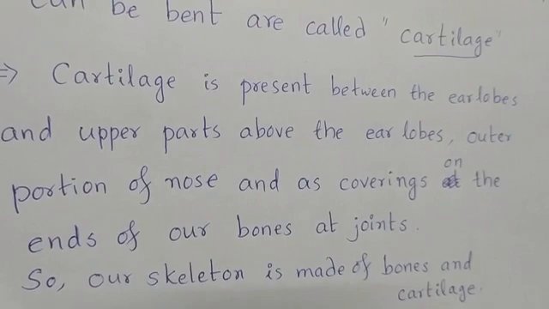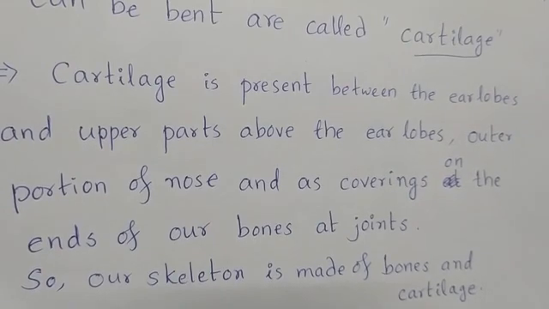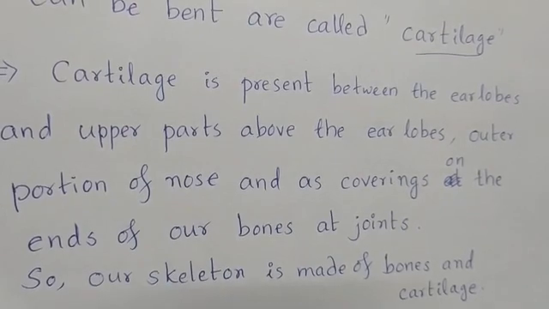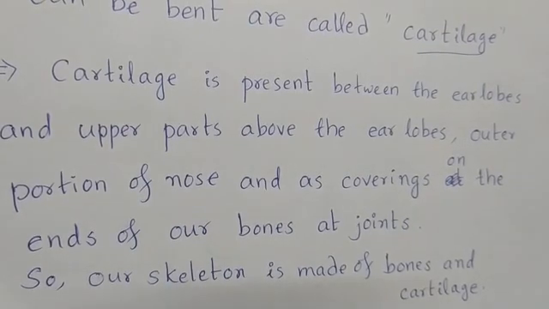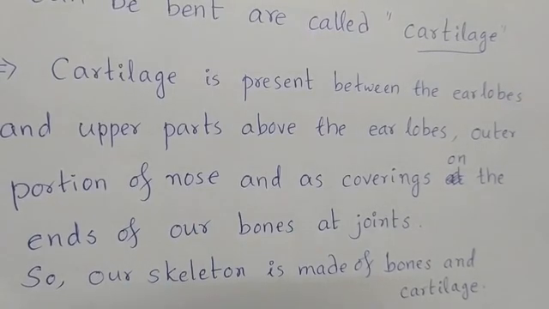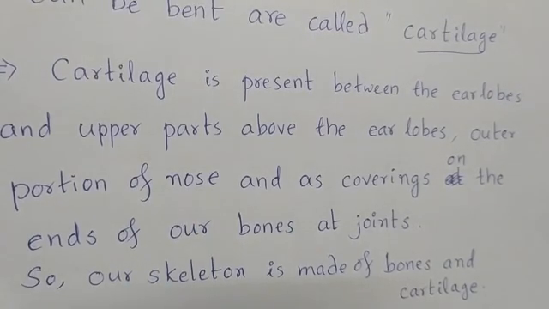The end of the thigh bone, which is connected at the knee, and the ends of the foreleg bones, which are connected at the knee with the thigh bone, both these ends of both of these bones are covered with cartilage. Not only these bones, wherever joints are there, the ends of the bones are covered with cartilage.